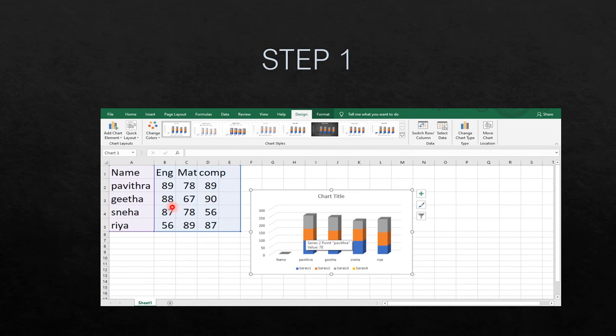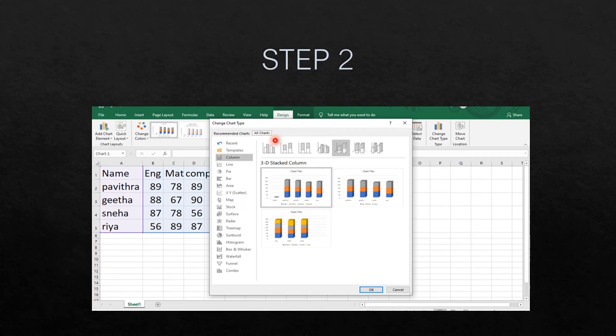First, you select the cells within the table, then click Design tab. After clicking the Design tab, see, so many chart options will appear. Okay, see these are all the chart types. Click and select any one. Here I selected this one. So if I click, the new type will appear.